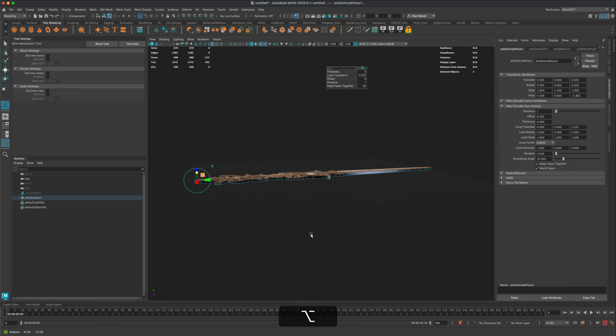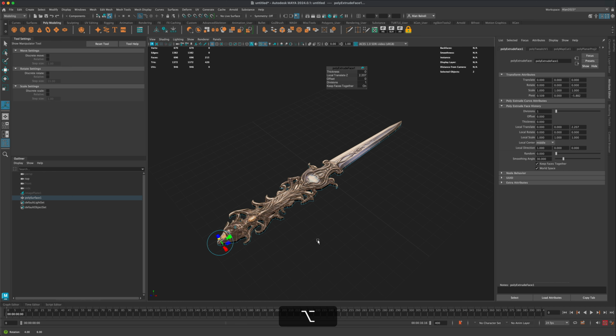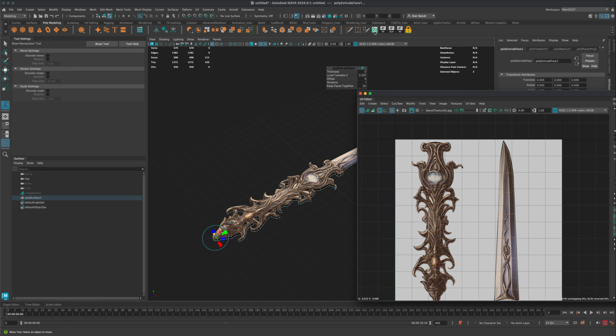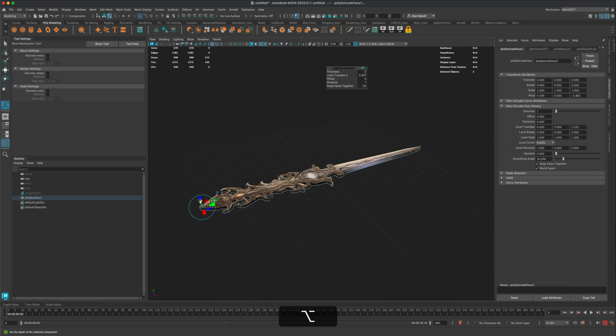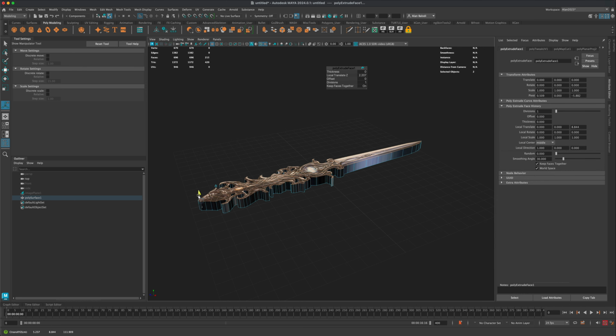And as we do that, you can see that the texture will be applied on both sides because it is literally overlapping itself. So if you look inside the UV editor, you can see that as we're extruding it, the geometry is stacking itself in the same location,